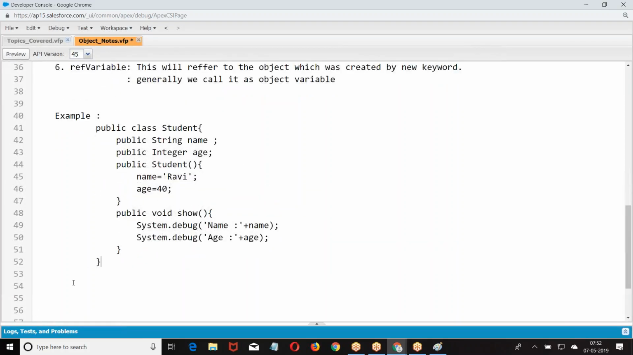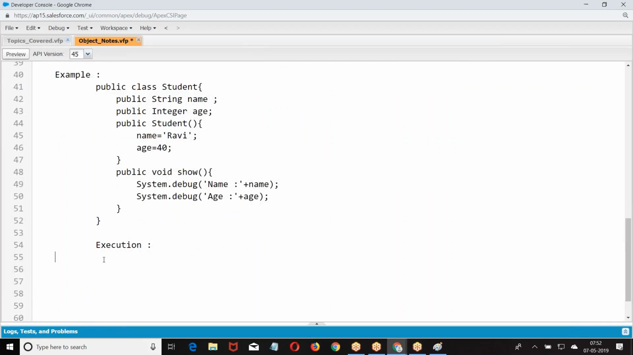This is how we create. Now execution is only creation of the class. If you want to execute it, student std equal to